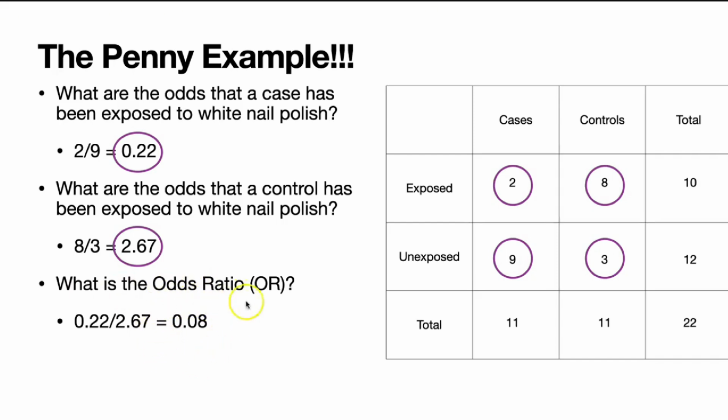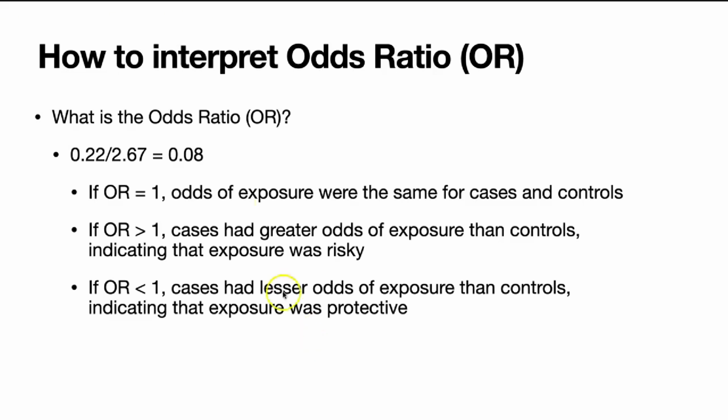Okay, so what do we do with this number? Well, we go back to how to interpret an odds ratio, and we remember that if odds ratio equals 1, the odds of exposure were the same for cases and controls. If odds ratio is greater than 1, cases had greater odds of exposure than controls, indicating that exposure was risky. If the odds ratio is less than 1, then cases had lesser odds of exposure than controls, indicating that exposure was protective. So our odds ratio is 0.08. So we see our odds ratio is less than 1. And this indicates that white nail polish was protective against fuzzy cotton disease in pennies. So can we think of any